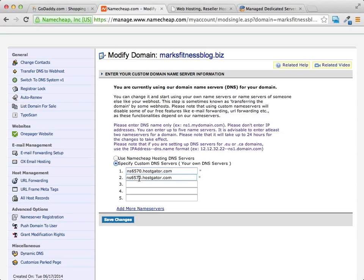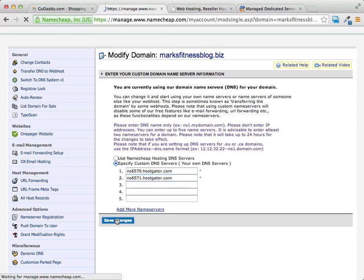You generally are going to have two that they give you. Sometimes they'll give you 4 or even more. But generally with most small businesses like us, we usually have 2 name servers without really getting more than that. It's usually big companies that have multiple versions of websites that have lots more name servers. So we can just go ahead and click on Save Changes,